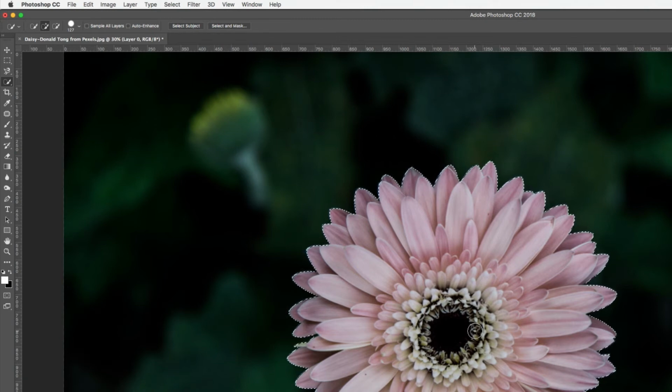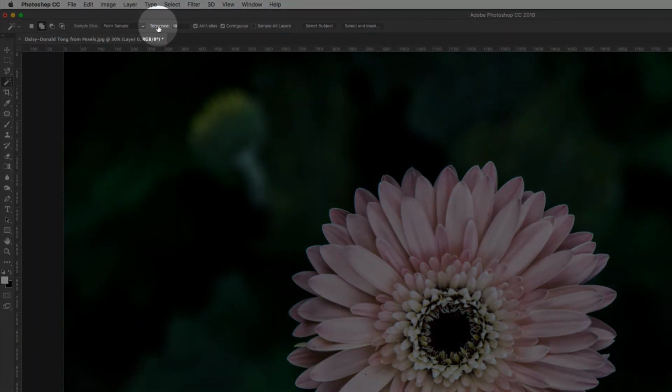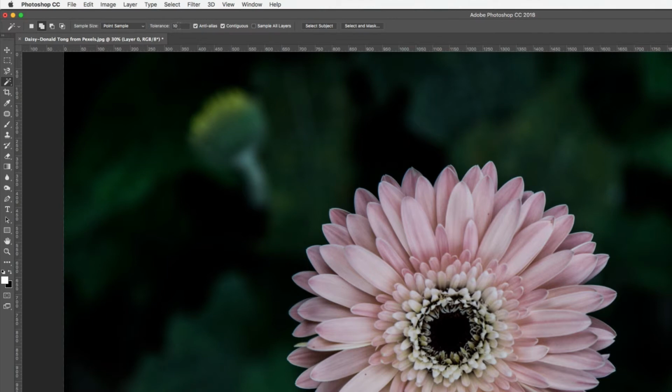But I'll deselect that, Command or Control D to deselect, and then I'll come back, click and hold down and go to the magic wand tool. So this tool is also great at selecting pixels that are similar in color. I'll stick with my add to mode from here, and then the important setting with this tool is to check the tolerance. Basically, the higher this number, the more sensitive the wand becomes. So if I want to pick up quite a lot of pixels, I would bump that up to maybe 20 or 30. I'll see how I go at a tolerance of 10 to begin with by coming down and clicking